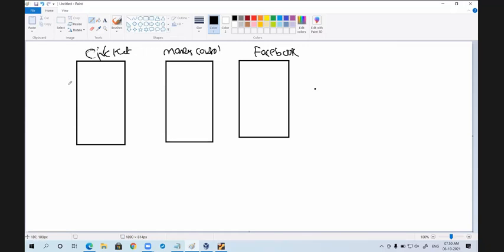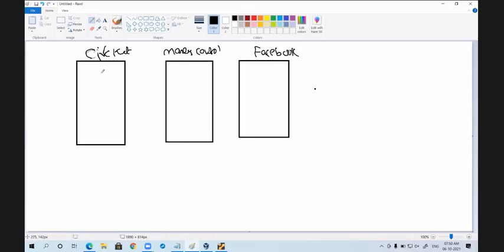Every application in your mobile, when it starts executing, becomes a process.